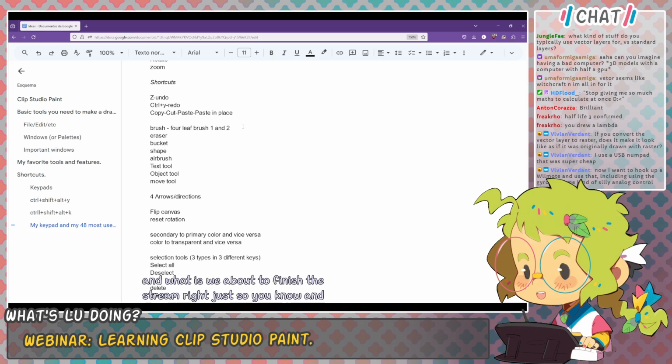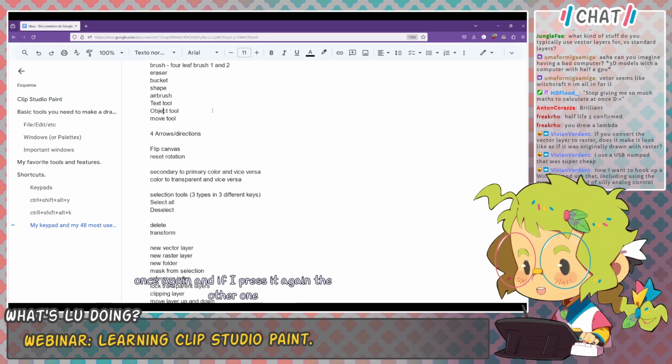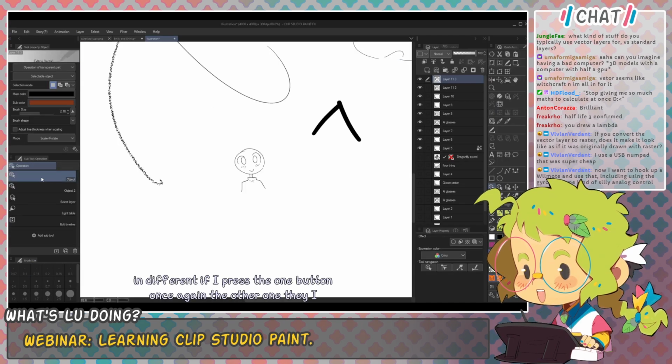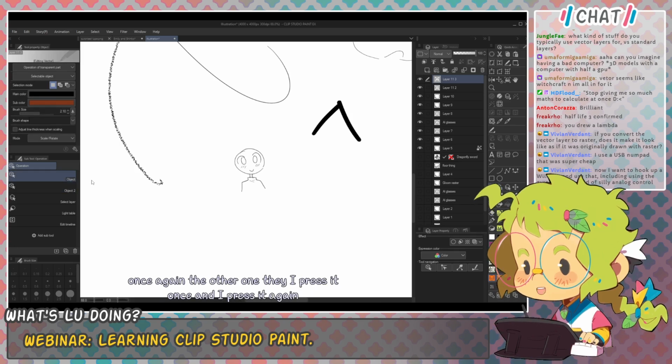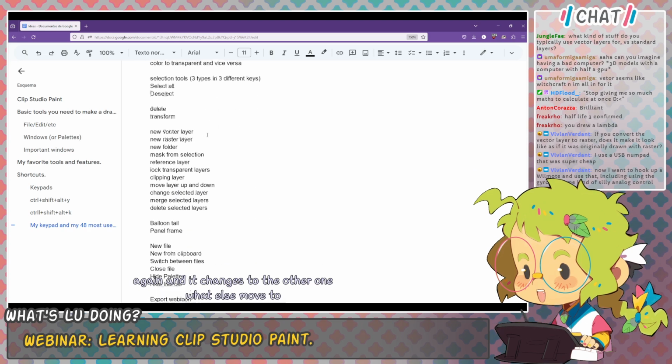You can have two different brushes on two different shortcuts. Have the eraser, the bucket, shape, airbrush, text tool, offset tool, two offset tools. In fact, if I press the offset tool button once, it gives me one offset tool, and if I press it again, it gives me the other one, the exchangeable. What else? Move tool, four arrow directions,